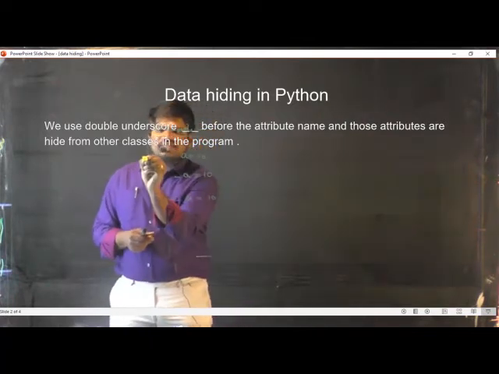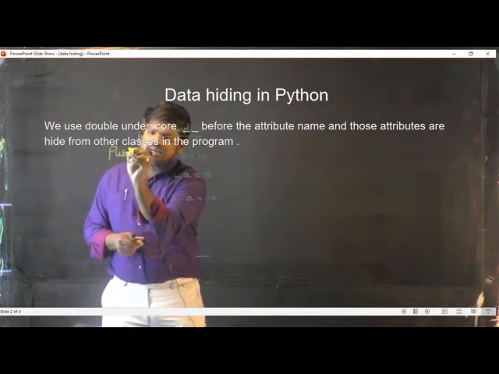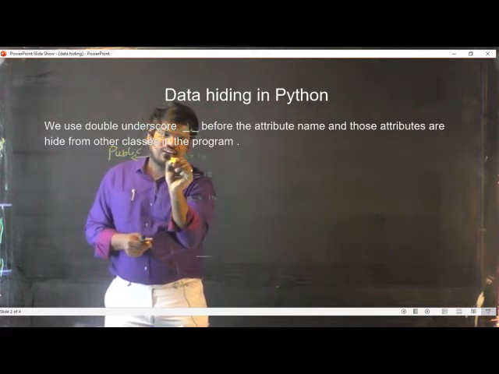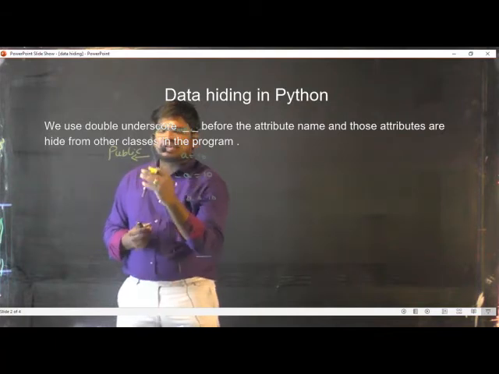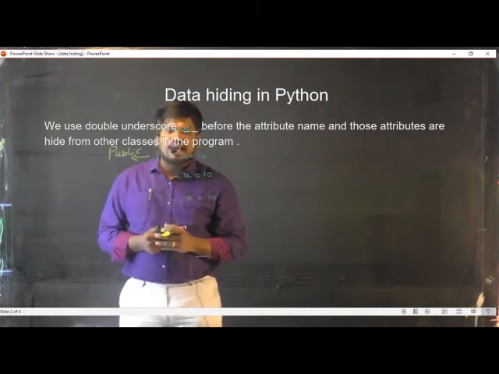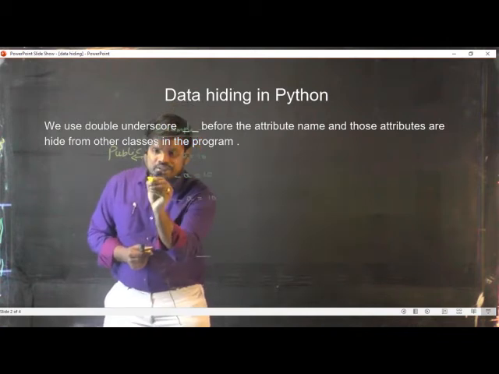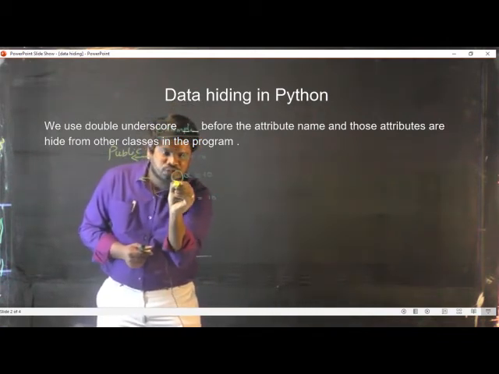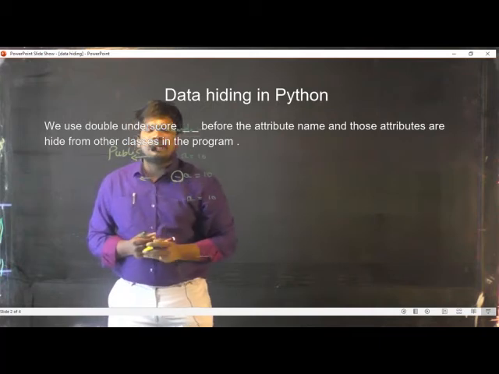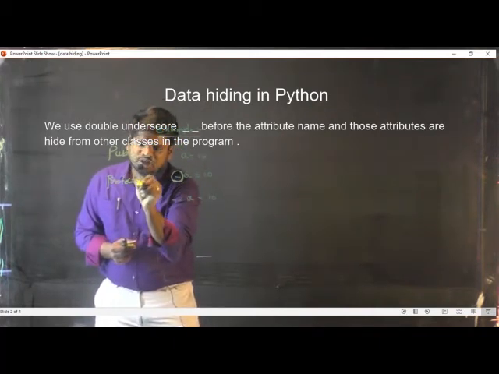In the first one, this is nothing but a public access specifier. Whenever I'm not writing any underscore before an identifier, the Python interpreter will assume it to be public. Coming to the next one, here I have used one underscore symbol, and the Python interpreter will assume it to be a protected access specifier.